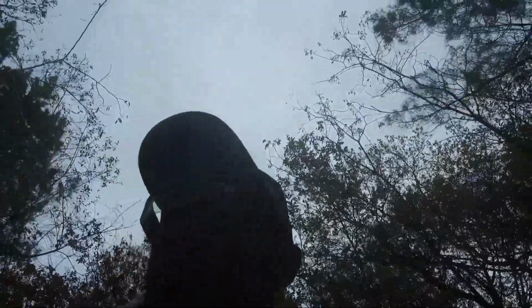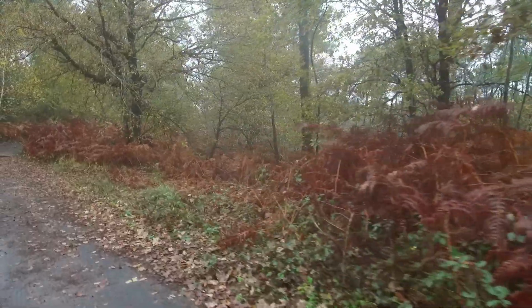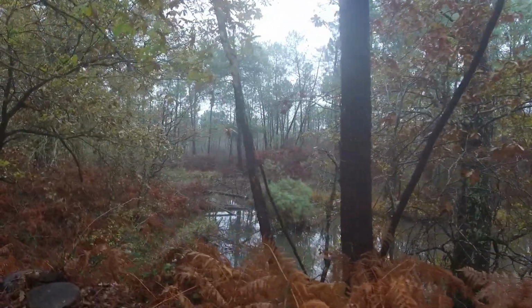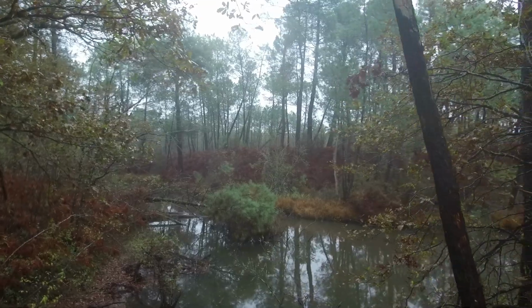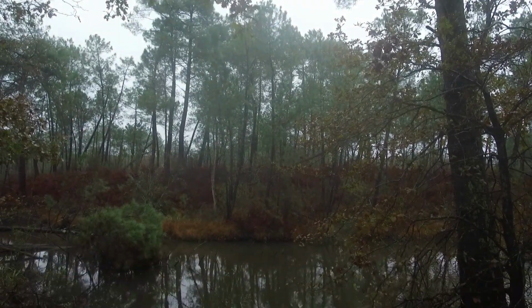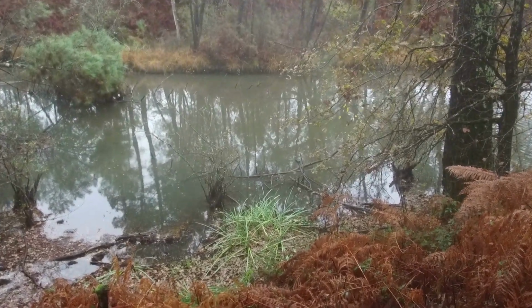So what we've got down here is a channel that runs all the way down. It's about a good 100 metres from where I'm fishing, but it just looks so good. There we go. I want to go nice and steady. See if there's any fizz in here today. So that's what we've got there. This channel comes all the way down. And if I zoom in,